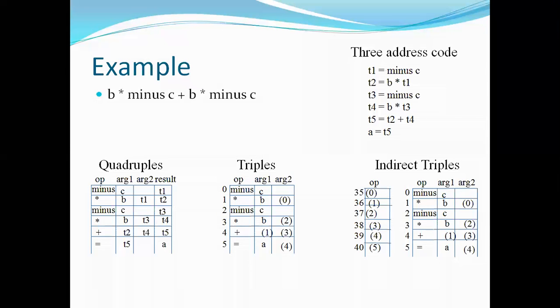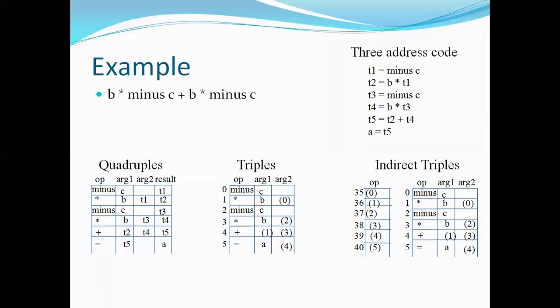Coming to the quadruple representation, we use temporary names, right? The entries in the symbol table against those temporaries can be obtained. Whereas in triple representation, pointers are used. By using the pointers, one can directly access the symbol table entry, right? That is the advantage of the quadruple and the triple here. And in the indirect triple, the list of all references to the computations is made separately. That means in triple and quadruple we represented everything in a single table, but here we are maintaining 2 separate tables.